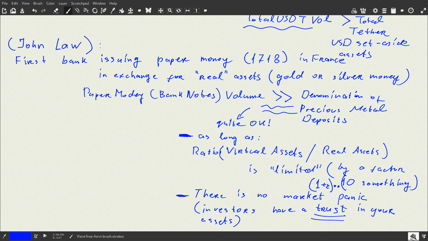It is probably maybe 2, maybe 3, maybe under 10, something like that. It is not so large that people try to convert USDTs into USD at once, and Tether is not able to satisfy